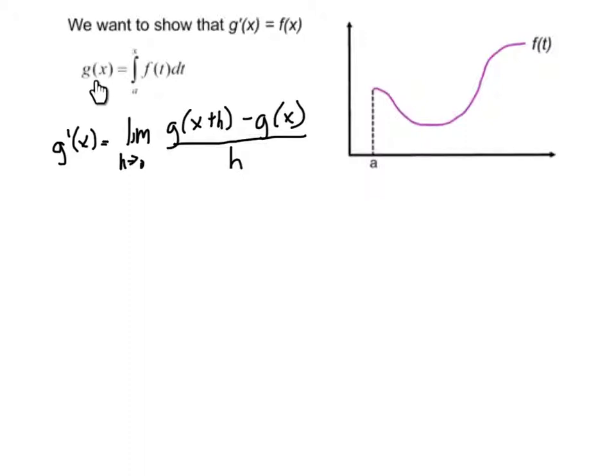So, g of x plus h, my integral, where a is just some starting point for my area collector. On my previous slide, it was -3. But I'm going to go from a to x plus h. So, I have a limit as h approaches 0 of the integral from a to x plus h